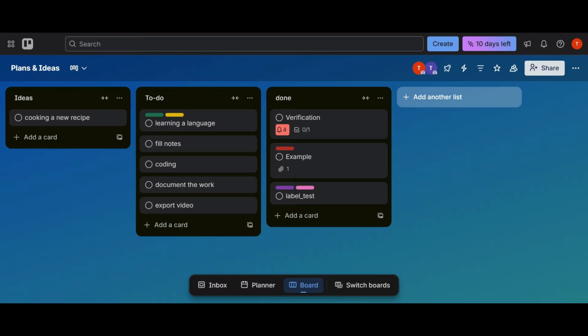In today's video, I'm going to show you how to enable highlights on your Trello board so your most important cards instantly stand out. Now, there isn't a single button in Trello that says Enable Highlights, but there are powerful built-in features you can use to create strong visual emphasis on any card. Whether you're managing projects, content calendars, client work, or team tasks, highlighting the right cards can dramatically improve clarity and